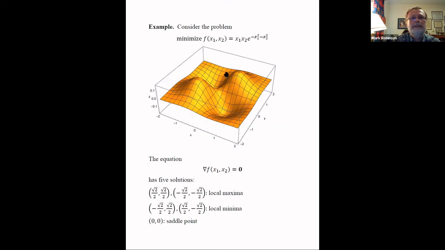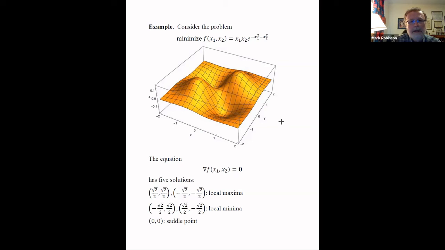I think in the graph it says x and y, but that's what x1 and x2 are here. We want to minimize the function f of x1, x2 equals x1, x2 times e to the negative x1 squared minus x2 squared. And I use this example a lot when I teach multivariable calculus. It's a nice example to illustrate